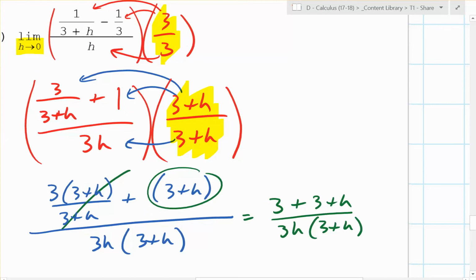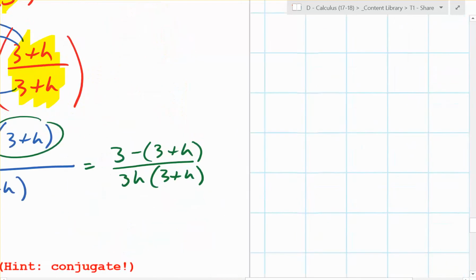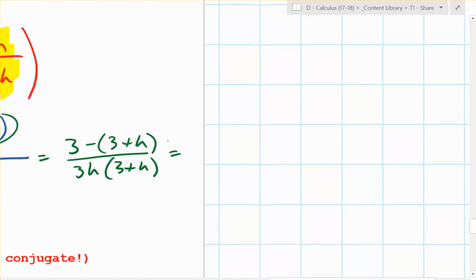And you might have caught the small mistake here. There's a minus sign there. It's right up at the top. And that makes it so this is actually doable. So now we take that and change it to a minus sign. And if we do that, this is a minus 3 plus h. And that makes all the difference. So now when we simplify this a little bit further, we end up with 3 minus h all over